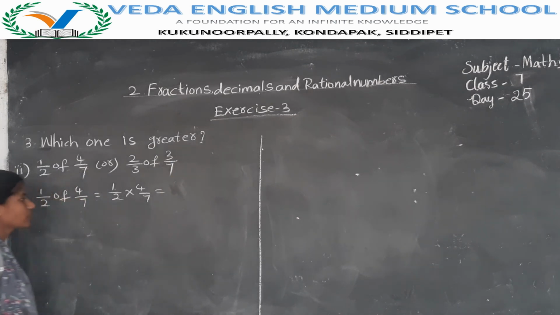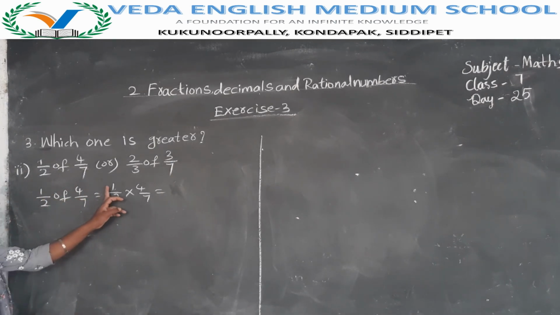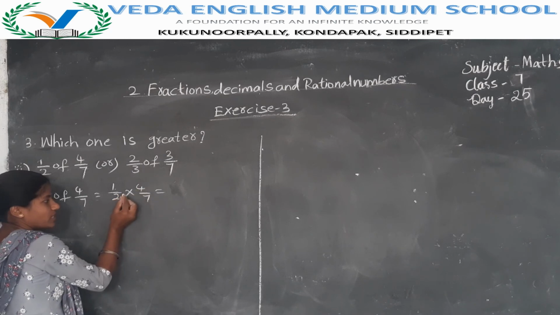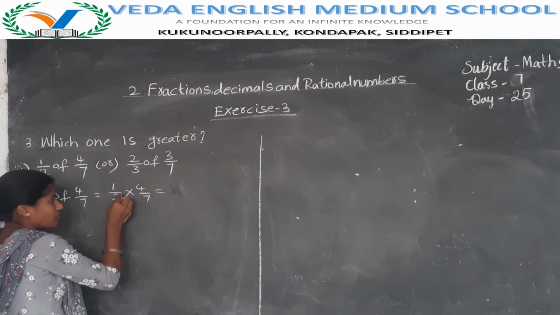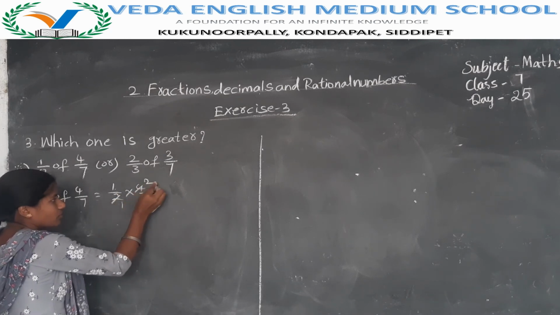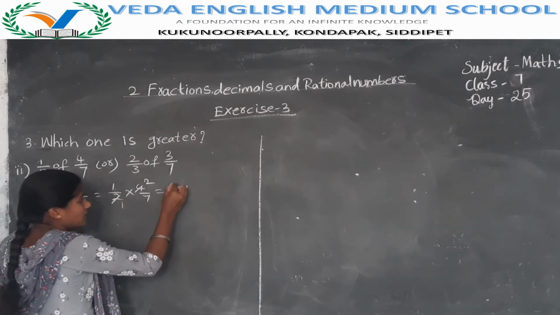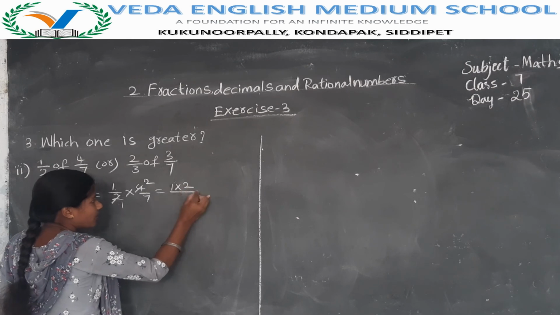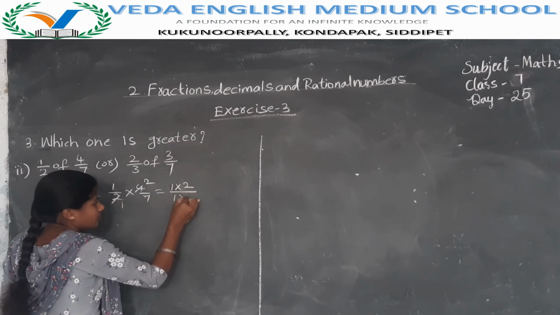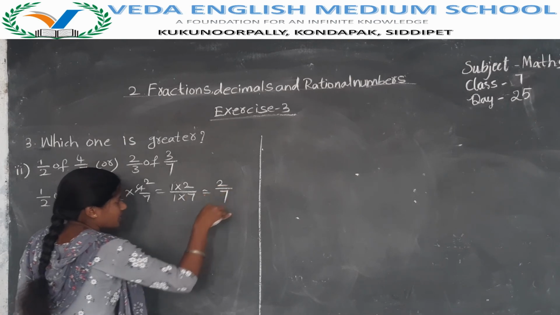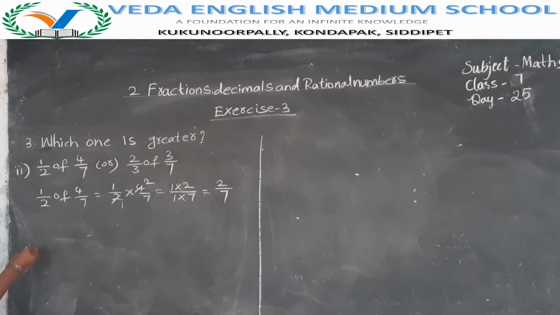Sorry Nana, before going to that, now check here numerator, denominator, numerator, denominator. Is there any possibility to cut? Yes, very good. There is a possibility, that is denominator and numerator with 2. 2 ones are 2, 2 twos are 4. More any possibility? No, there is no more possibility. Multiply the numerators. 1 into 2 by 1 into 7. Now 2 ones are 2, 1 sevens are 7. Complete.